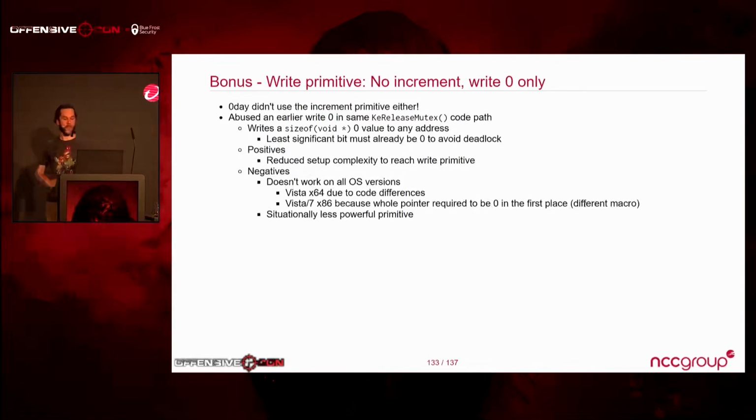The only thing we realized after analyzing this powerful technique is that it doesn't work in some cases like Vista 64 because of some difference in the code, and also on Vista and 7 x86 because of a different macro used in the Windows kernel that makes the primitive not work, because the whole value needs to be 0 in the first place to actually write 0. And the other thing is, we initially thought that writing 0 shouldn't be that powerful,